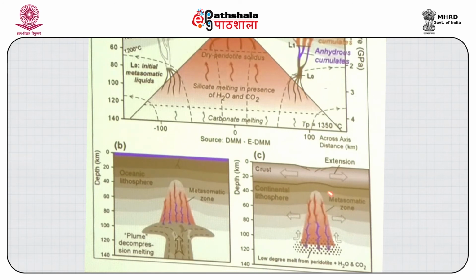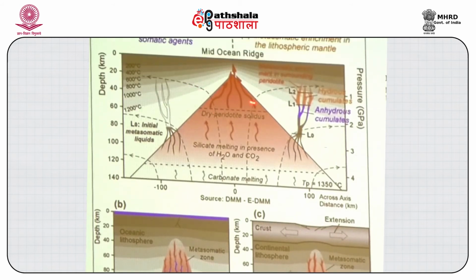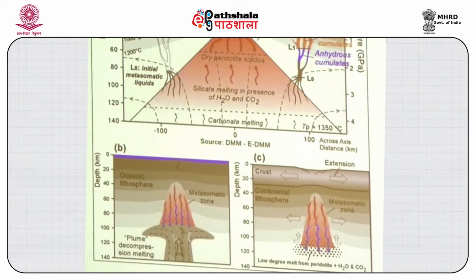And so all these things indicate that even from the primitive mantle or depleted mantle, we can generate rocks which will be more of enriched type, and that is because of the mantle metasomatism. Simply, where there is no mantle metasomatism, the upper portion of the mantle will give rise to mid-ocean ridge basalt, which is depleted type. But here in this case, the basalt that comes out from the deeper portion will be more enriched.